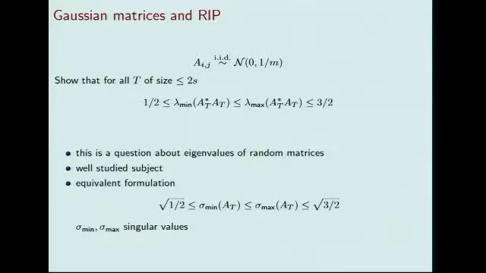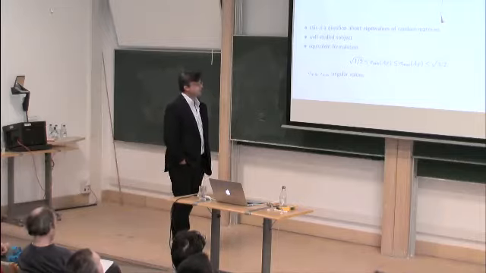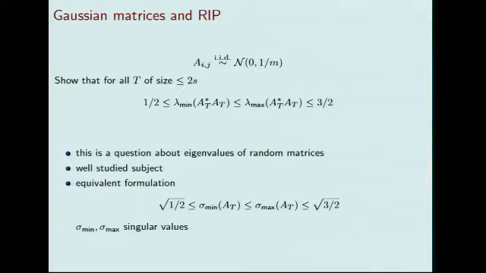Okay, so now how would you prove the restricted isometry property for Gaussian? Here I'm going to be a bit more tutorial. I'm not going to talk to the specialist, but for students maybe there's something good to learn on how you would do it for Gaussian. So suppose I have a matrix which is IID and has normal entries with mean 0 and variance 1 over m. What I want to show is that when I take columns of this matrix and I look at A_T star A_T, the eigenvalues of this matrix are well separated from 0 and infinity. For example, I might want to show that they're between 1/2 and 3/2.